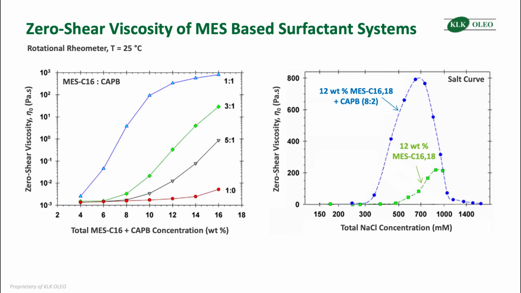Most hair shampoos have zero shear viscosities that are significantly lower than 200 Pascal seconds. Hence, formulators do not have to add Cat B to reach their target zero shear viscosity. They could use just MES and sodium chloride. Sodium chloride is also cheaper than Cat B. By using just MES and sodium chloride, formulators can achieve three things at the same time. They can deliver more conditioning effect, achieve their target zero shear viscosity, and reduce the overall cost of the formulation.